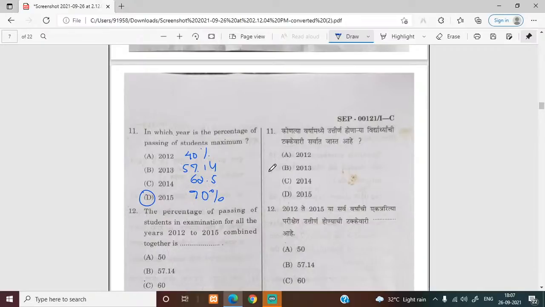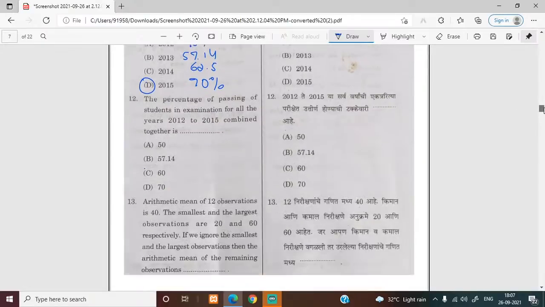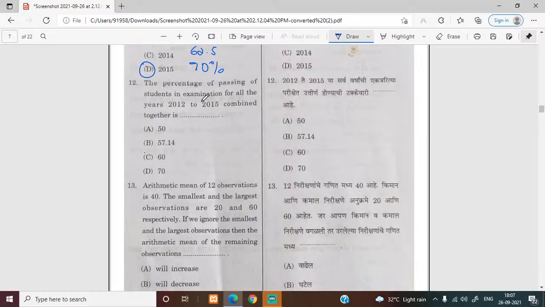Next question. The question is asking for the percentage of passing of students in the examination for all the years from 2012 to 2015 combined together. How much combined? If we calculate the values, you have to see how many students passed from 2012 to 2015 and divide by the total number of students. So it was 200 plus 400 in 2013 and 500 in 2014 and 700 in 2015, divided by 500 in 2012